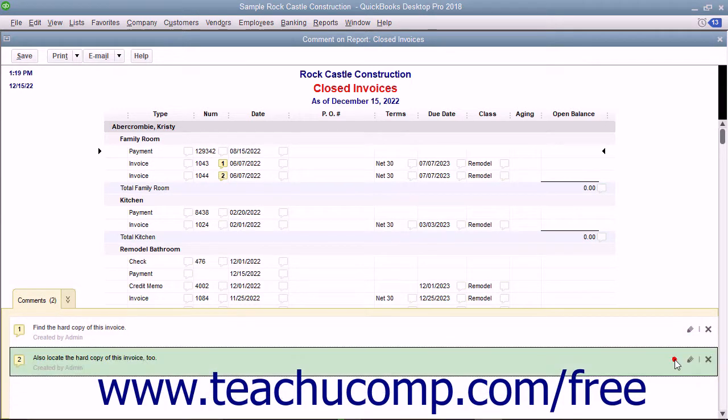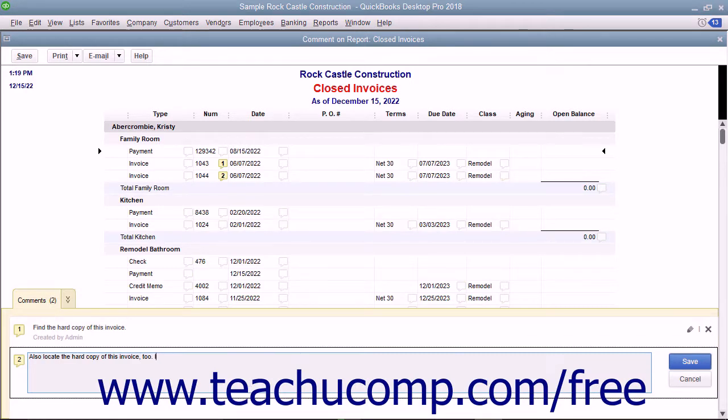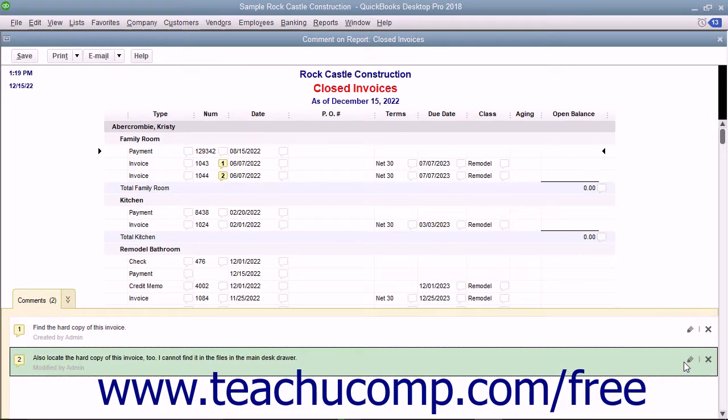The comments and their corresponding comment numbers are shown within the Comments pane. To edit a comment within the Comments pane, click the Edit button, which looks like a pencil icon, at the right end of the comment. Edit the contents of the comment in the field shown, and click the Save button that appears to save the